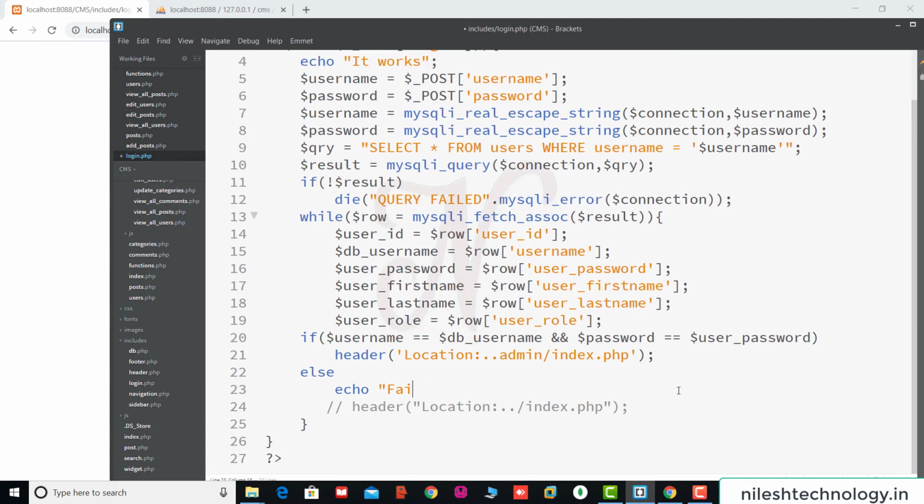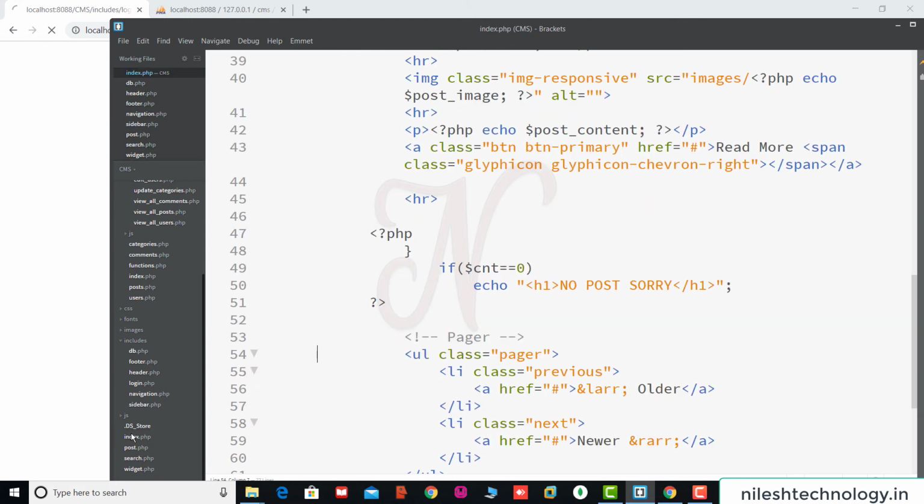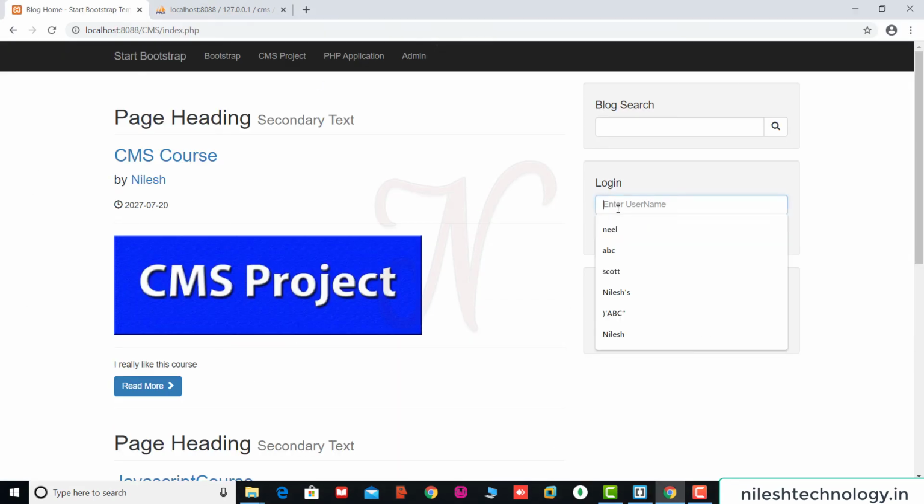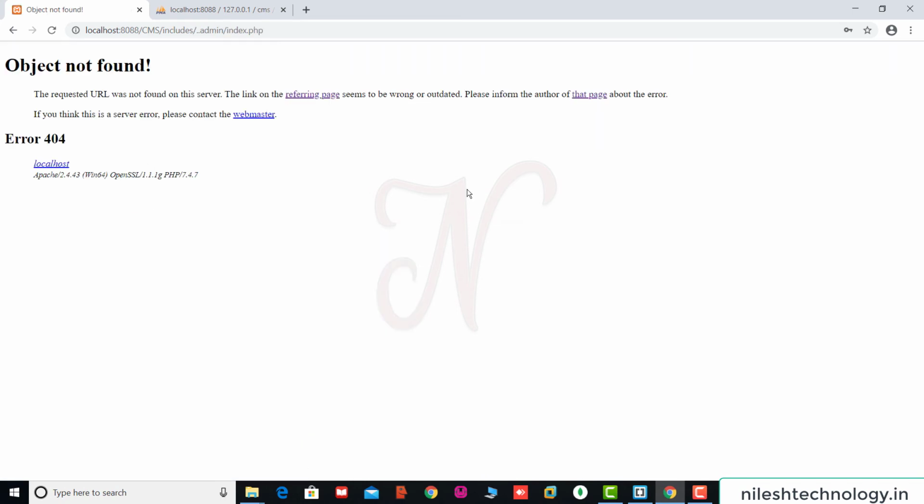Same here, we use this header function and pass here the index.php file. Okay, so save these changes. Again we test this code, run the index.php file. See here, Neil 1234 login. Again there is some error.